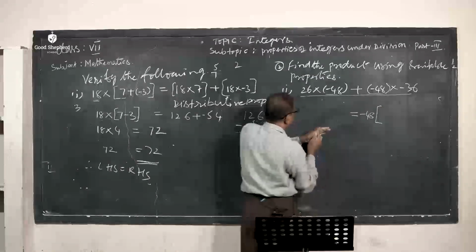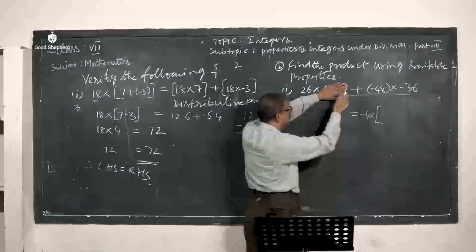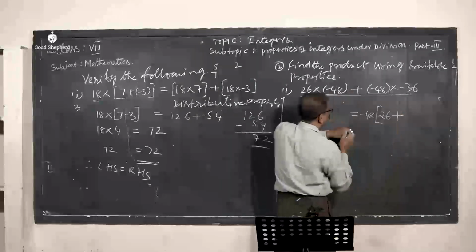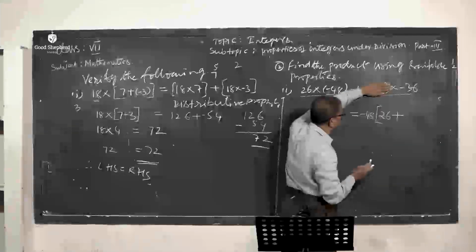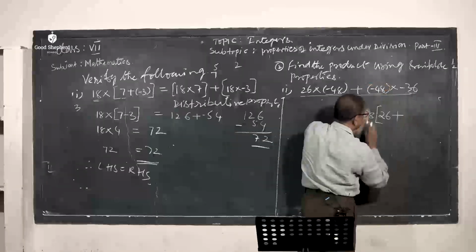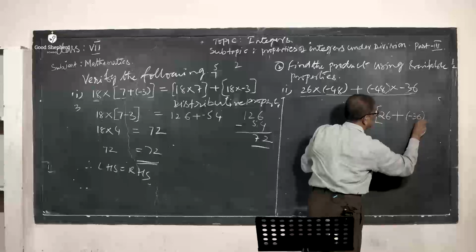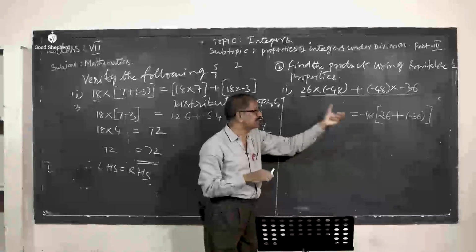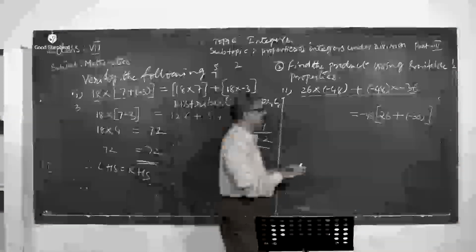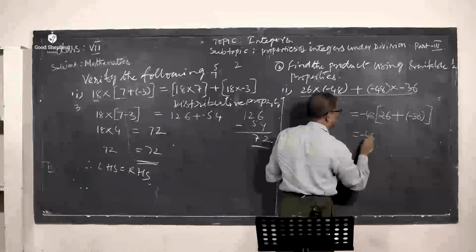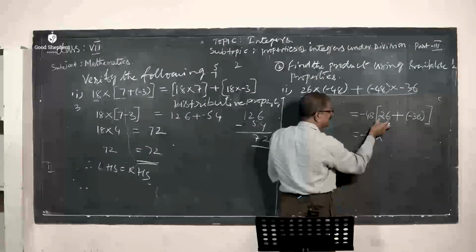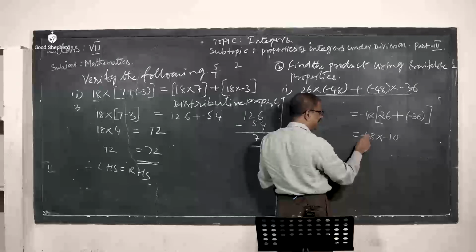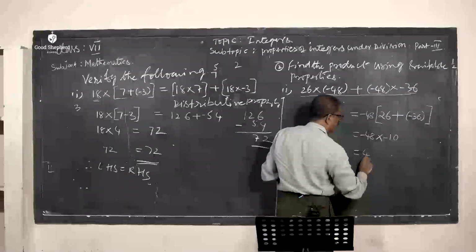Next, if I take out minus 48, what is left here is 26. Next a plus sign is there, write the plus. Now, in the second term, we have taken out minus 48. The leftover is minus 36. Please write minus 36. That means now I made it into the distributive property. I brought the simplification into the distributive property. The next is minus 48 into, now write it, 26 minus 36. It becomes minus 10. And that is equal to minus into minus is plus, 48 tens are 480.